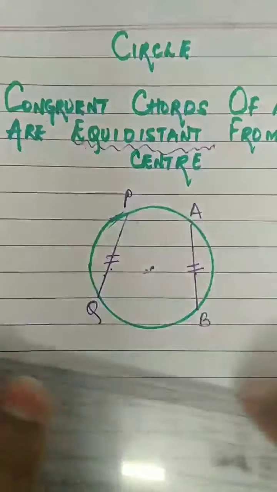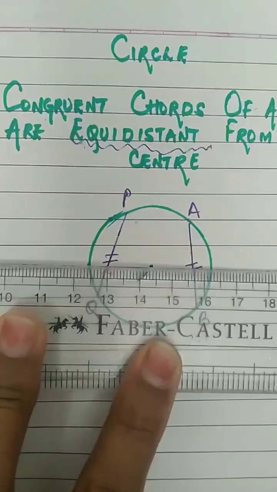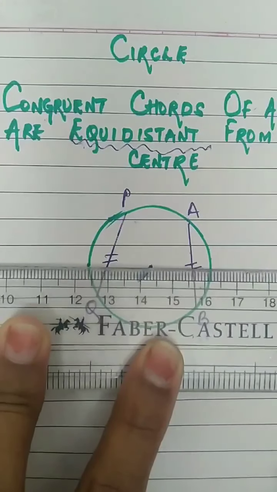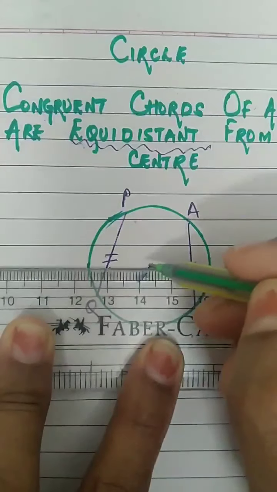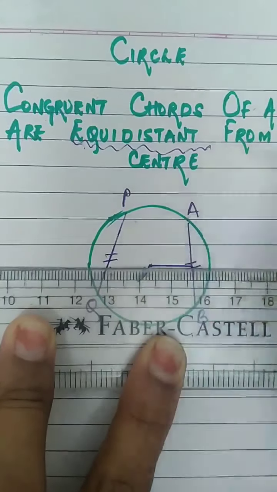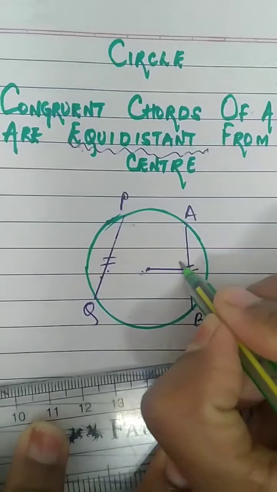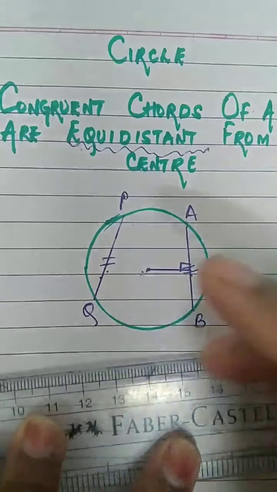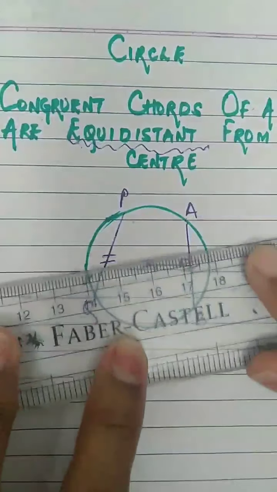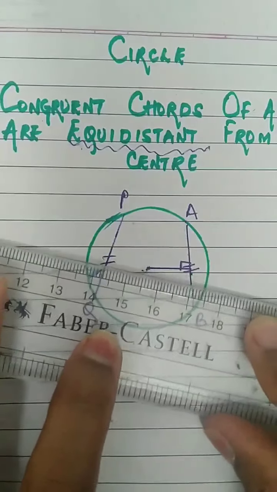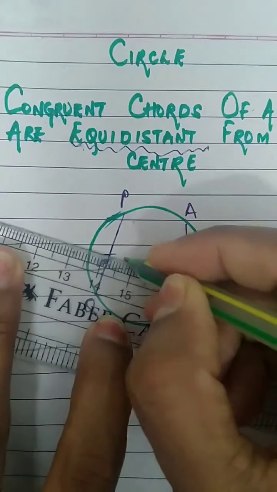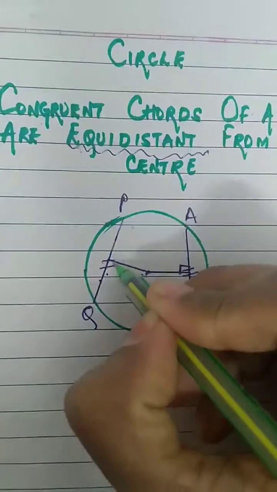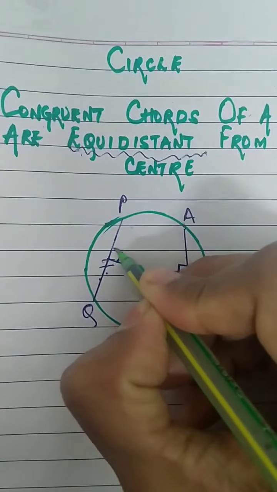So let us show the distance of chord AB from the center. That is perpendicular you have to draw, no? Distance of the chord from the center means you will show the perpendicular. First perpendicular over, show the perpendicular sign. Now for this chord PQ, from the center only we will show the perpendicular, 90 degree. Okay, so for this chord, this is the perpendicular. Roughly I have drawn, but this is the perpendicular.